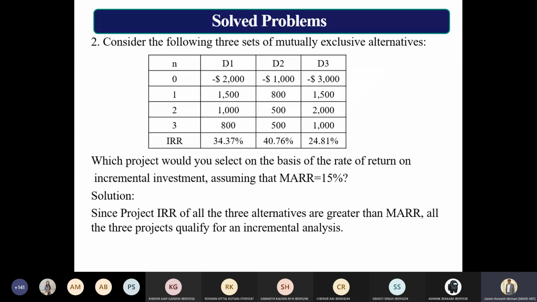You cannot do just like that. Because what will happen in case you straight away take D2 and D3 and compare, right? You get a particular result and you compare that with D1 and you get the answer to be different. Your entire thing goes down. So always arrange according to the increasing order or according to the decreasing order. So we are arranging it according to the increasing order. So first will come D2, then D1 and then D3. So subtract D1 minus D2 and see which alternative is better, right? Subtract D1 minus D2 and see which alternative is better. Compare that with D3.